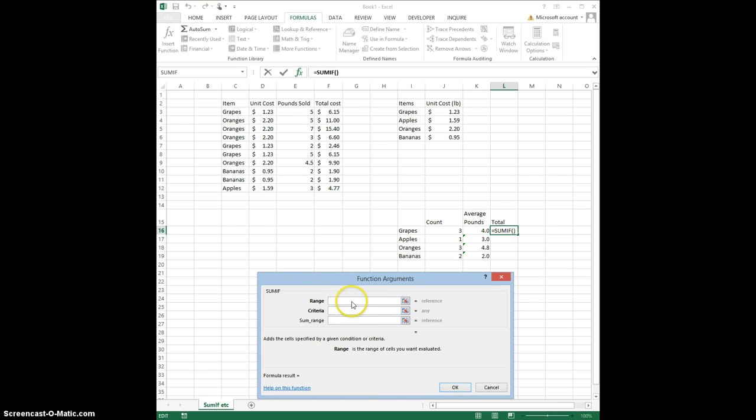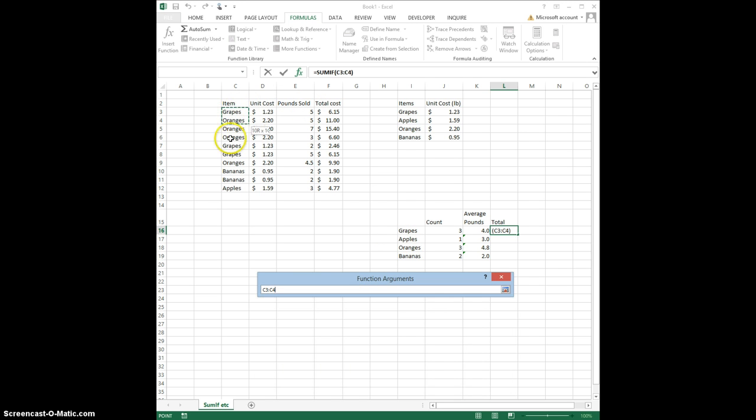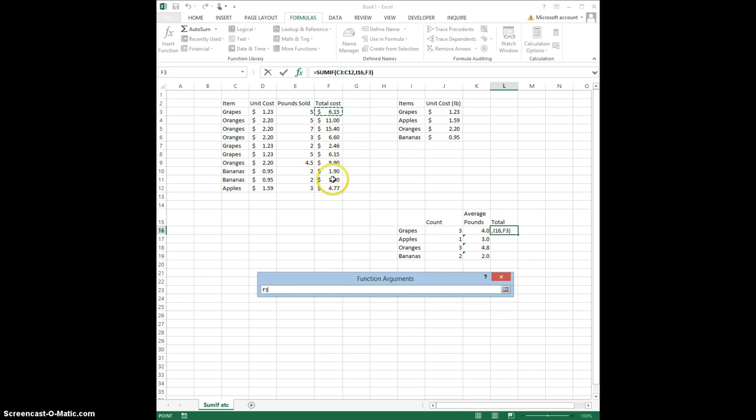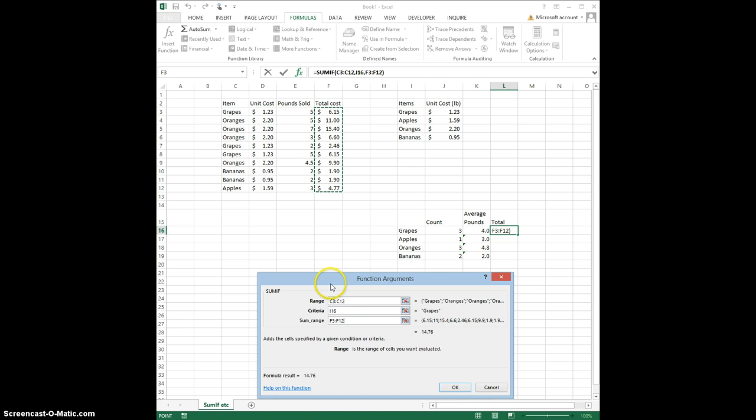Again, we've got 3 boxes here to fill in. Same principle as for the average column. We need the range, which is going to be the different types of fruit that we've sold, the criteria, which is going to be that cell there, and the sum range is what do we want to add up? Well, we want to add up the total costs in this column here, and we click OK,